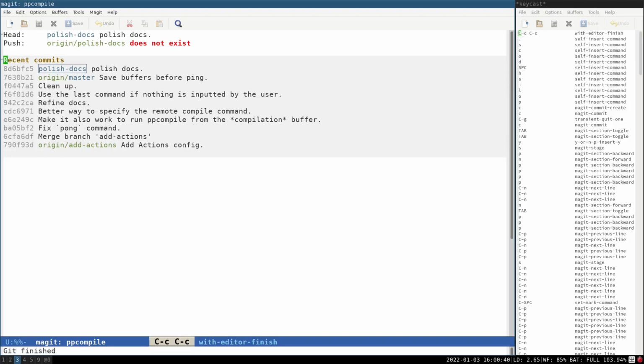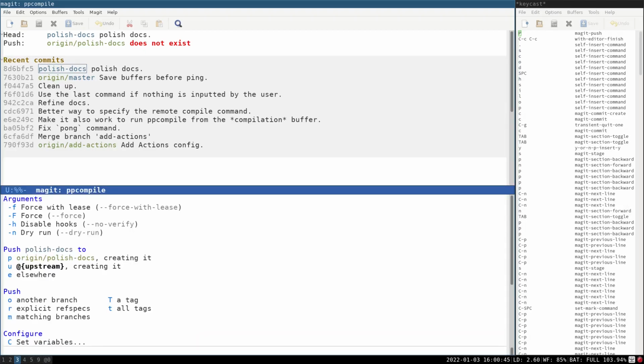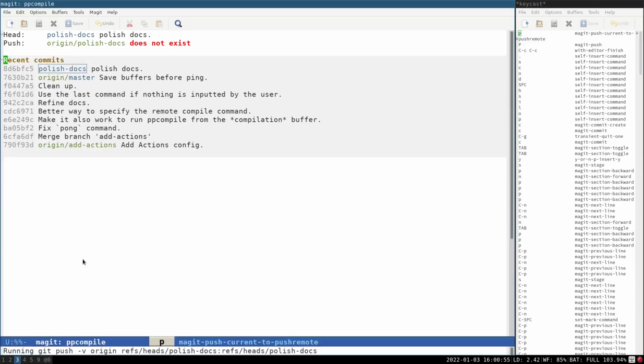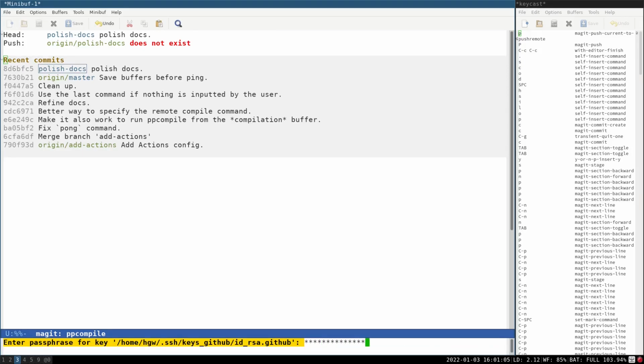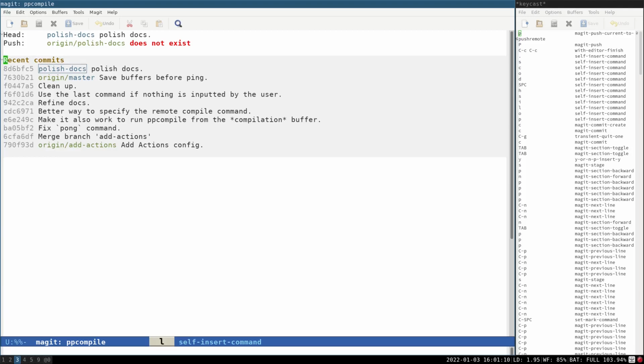In the status buffer, type capital P to bring out the push menu, and then select P as indicated here to push it to origin/polish-docs. When it finishes, we can see that now there is also an origin/polish-docs branch here, as indicated here.